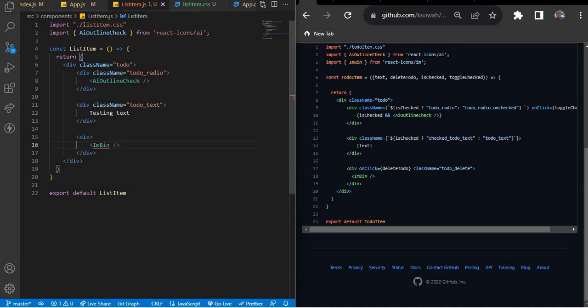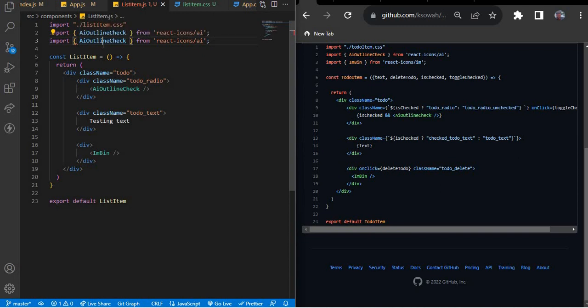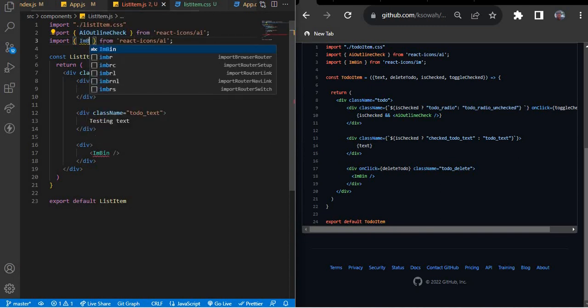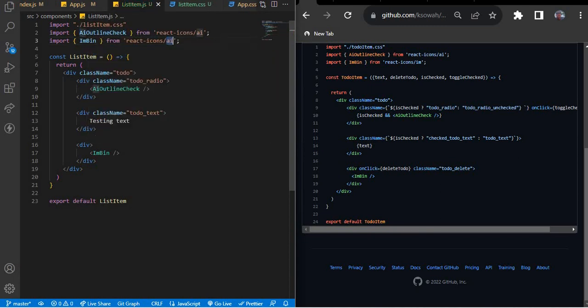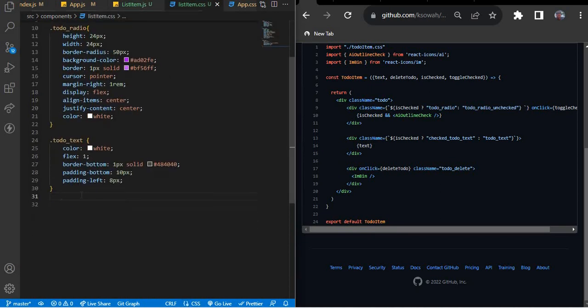So let me duplicate this and then put in the bin in here, and then it's coming from the im model. So I'm going to do this, and then we're going to give it a class name of to do delete. So to do delete, like so, and then inside of the list item.css,